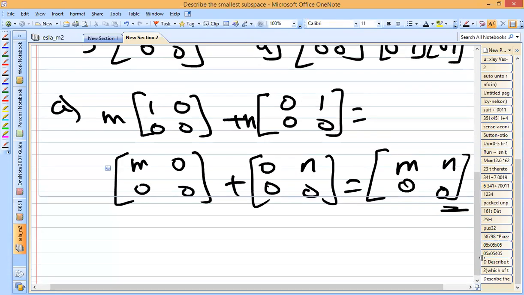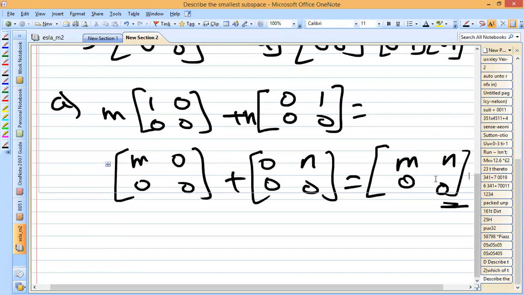Smallest subspace in the sense, first it has to be a non-empty set and it has to satisfy the addition as well as the multiplication. So here we have taken the multiplication and it is satisfying the multiplication, and then you are showing the addition, and having this we are getting non-zero elements in the resultant matrix. So here it is the smallest subspace for this given matrix. Similarly, can you write it for B?